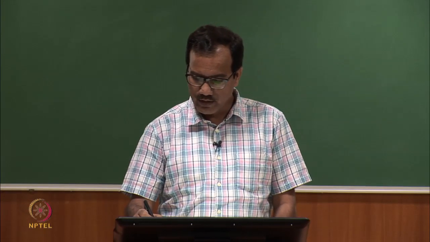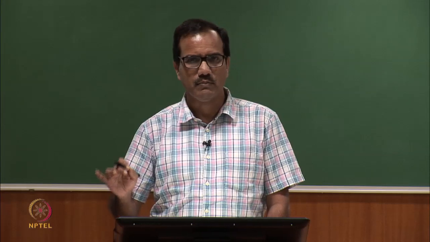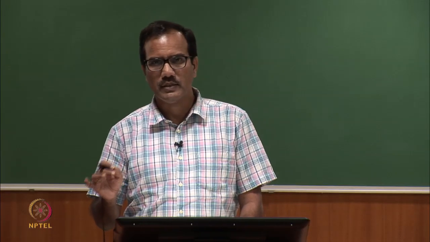state. So, this is the equilibrium which we were discussing, and if the delta G for this process is negative, then this process will be spontaneous and the protein will be unstable, because it is going from native to unfolded form. When delta G is positive, it means the process is non-spontaneous, and that will tell you that N is more stable than U. The N form of the protein is more stable than U, and thus the protein is stable.